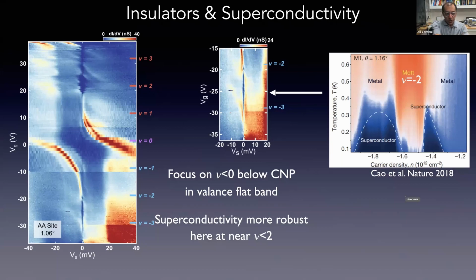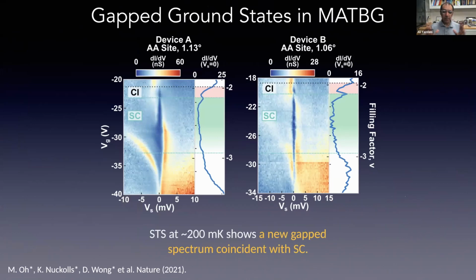This is what I showed you before, but now we're going to cool the sample down to millikelvins. The place where you get the strongest superconductivity in the system is between nu equals -2 and -3. This is a big plot on the left-hand side. The plot in the middle shows a zoom-in of the data near nu equals -2 and nu equals -3. These are two different samples, just to show you how the data looks in two different samples. If you focus on the color plots in the middle, the one on the right is very clear. You see a gap that opens up around nu equals -2. It becomes a dark blue, and then all of a sudden it becomes